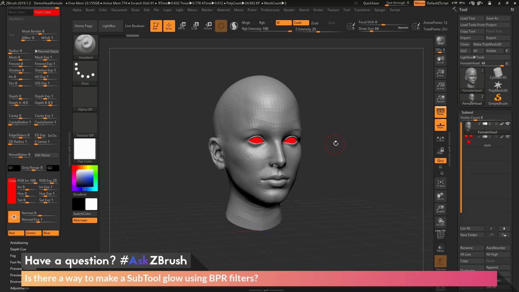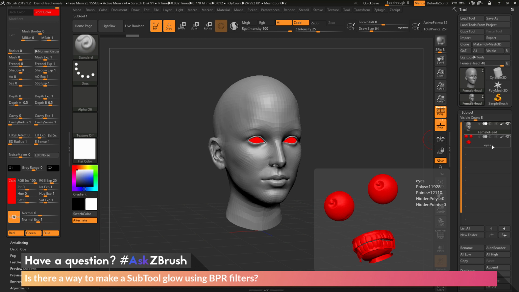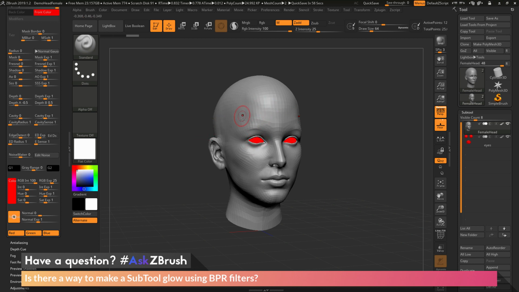So you just need to go through and make sure that you have your model set up where the materials that you want to glow only have RGB values baked in. So that way when you change your material to flat color, those subtools will now be displayed in this flat value, and any other subtools you want to hold their matte cap material values will end up looking like this. So now I've just isolated those eyes to be red. So now if I come over here and render with BPR, this is the result I'm getting. So I have my head with that matte cap gray,